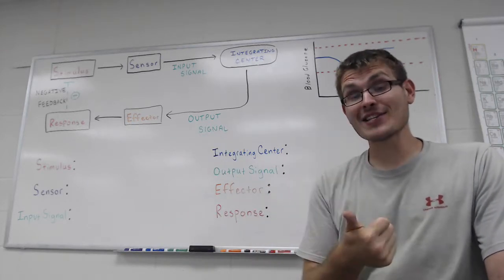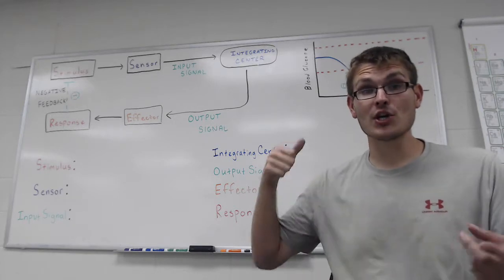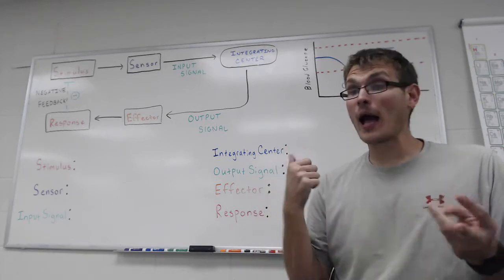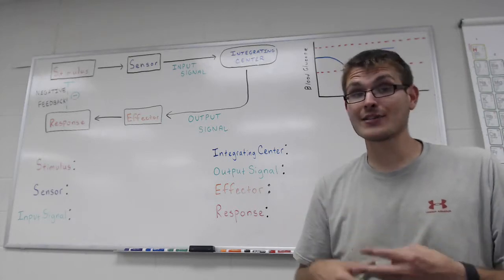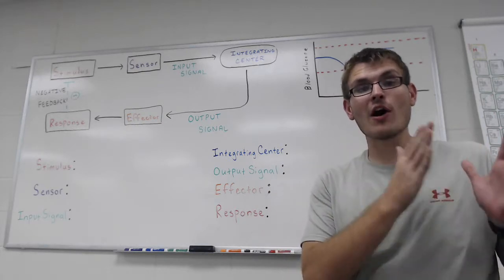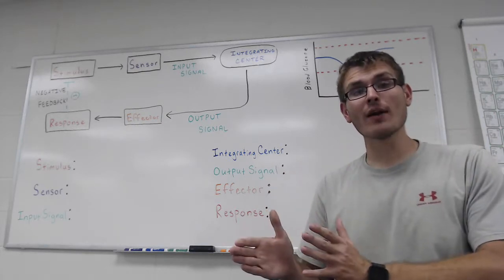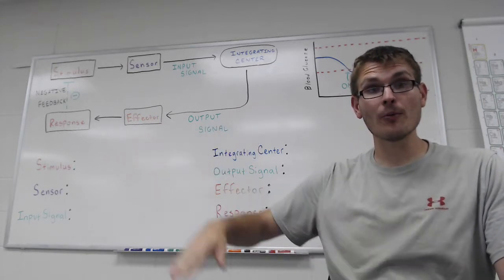So it doesn't have to be just body temperature. It can be things like blood pressure, blood glucose, composition of other things in your blood like sodium, potassium, and other electrolytes. It can be a number of different things, and the whole point is that we have homeostatic mechanisms for each one of those to make sure that they all stay within a permissible level.